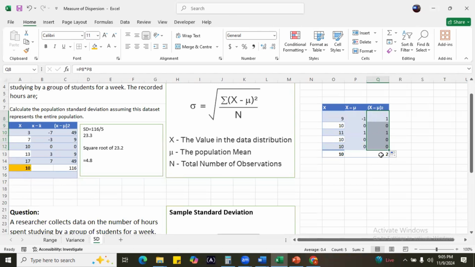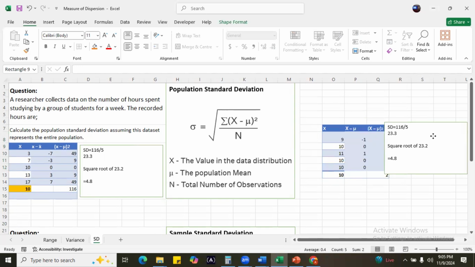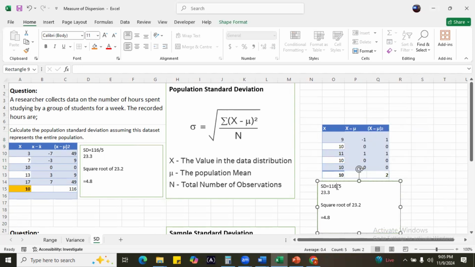So if we want to calculate the population standard deviation for this set of values here that have a similar mean with this other set of values, let's see which will have a higher standard deviation, right? So to check this now, we have our sum here. So we could easily just calculate this way. So in this case now it will be 2 divided by 5, which is going to give us 0.4. Okay, it's going to give us 0.4. So now therefore we have to find the square root of 0.4 to have a complete picture of our standard deviation. Okay, so then in this case now, our standard deviation will be equal